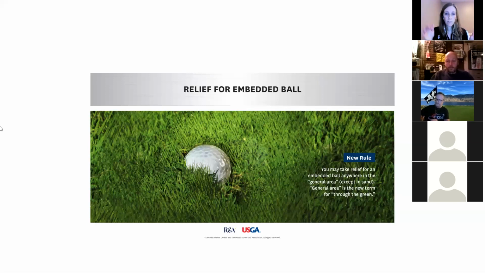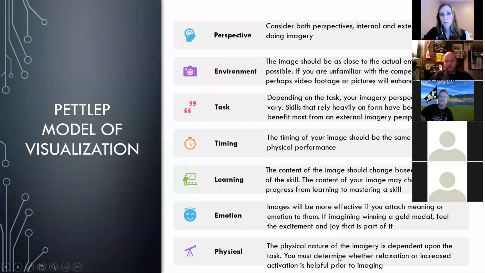So before we took our break, we were going through that visualization, thinking back to best performances. But what I want to come back to is a model of some of the different things that you can be incorporating into your visualization. I'm not saying you have to do all of these, this is a lot, but these are questions that we often get in terms of how to visualize properly. And I'm going to say there's no right or wrong way, but there are things that you can be doing to maybe make yourself feel like it's going more smoothly.